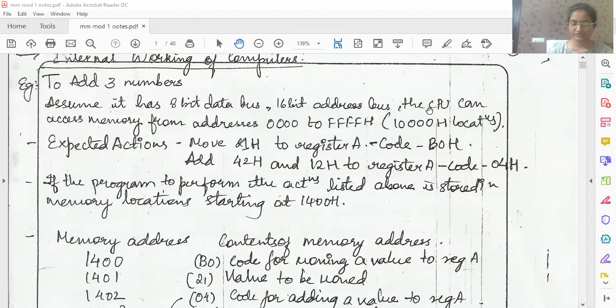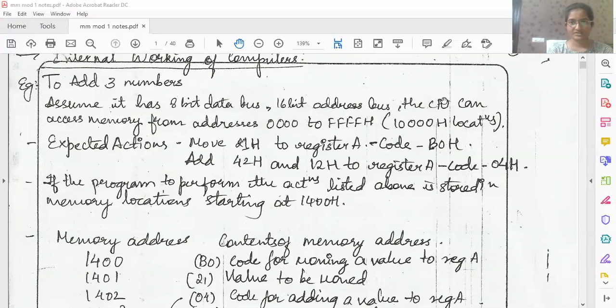All right. So first what we have to do, we have to move one particular data in register A. The second step will be adding the 42H with the content of register A, right? Where 21H and 42H will be added and the data will be stored in register A. Then third step will be add again 12H with the content of register A. Now the content of register A will be the result of addition of 21H and 42H, to which we are adding 12H. Then the final result will be addition of all these three numbers. And this is a simple process that a processor goes through, which we already know, right?